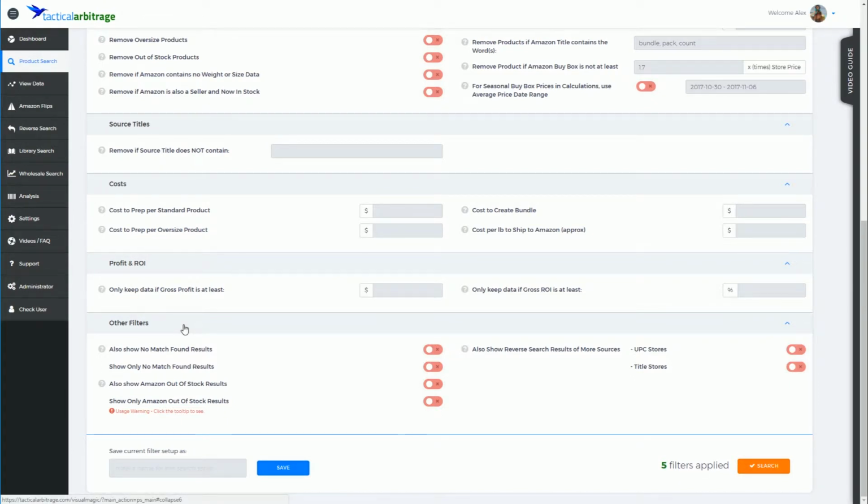Now, we've really got three types of filters in here, three blocks of filters. We've got the no match block, we've got the out of stock block, and we've got the reverse search results block. The no match block essentially means that if Tactical Arbitrage was unable to find a match,